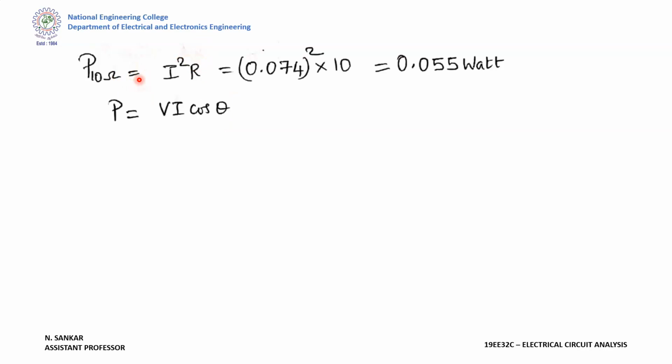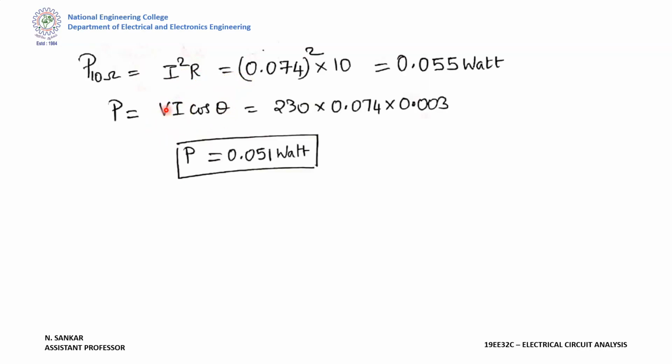the power, that is real power, I square R, which is nothing but 0.055 watt, or else you can simply go for P is equal to VA cos theta, which will also give the same answer, 0.051. Okay, similarly for